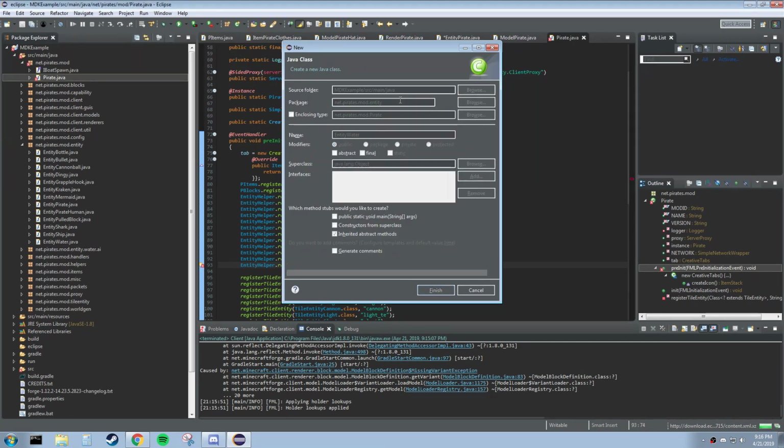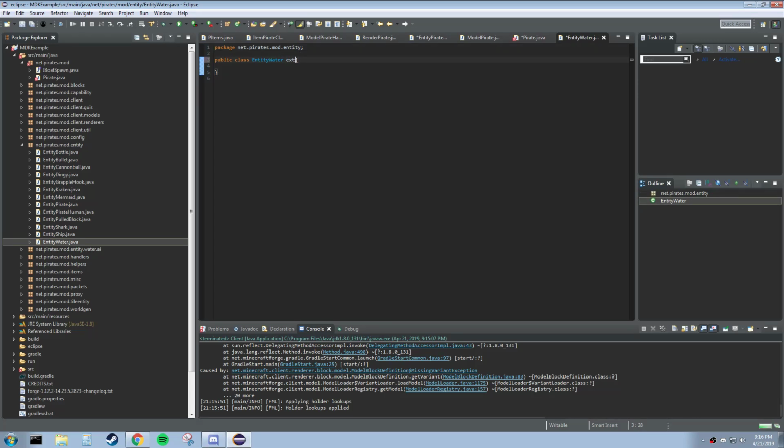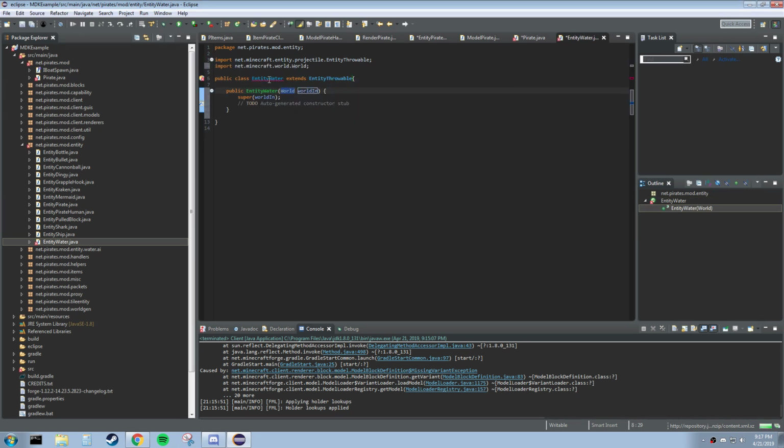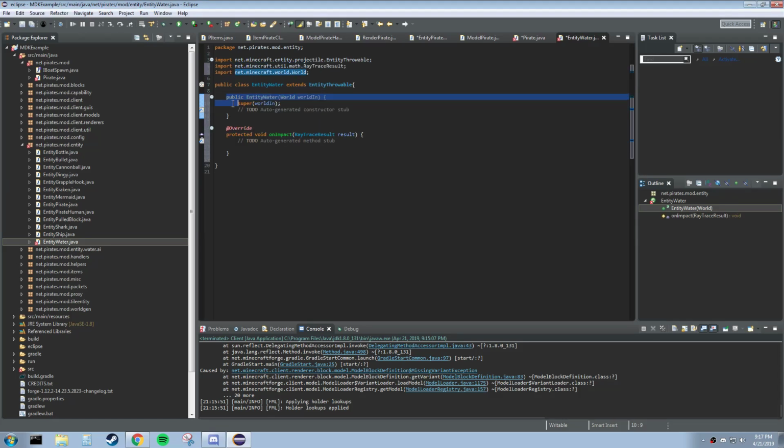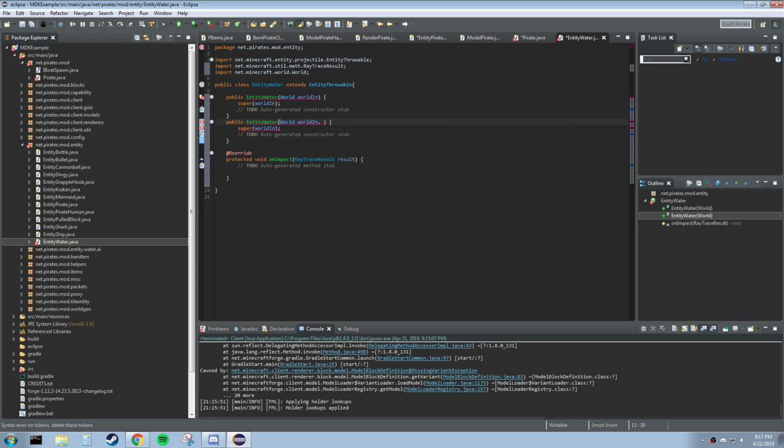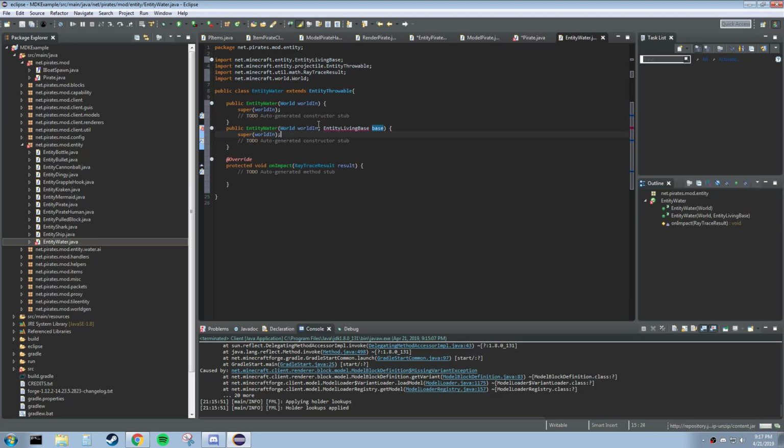So just entities here. This needs to extend an entity throwable. So like a snowball, an arrow, the bullet class, literally every projectile really runs off entity throwable. So you override that. You put in the things it makes you put in. We do need a few more of these. Like there needs to be one that takes in the thrower. That's super helpful because it takes where the thrower's looking and then sets the heading of the